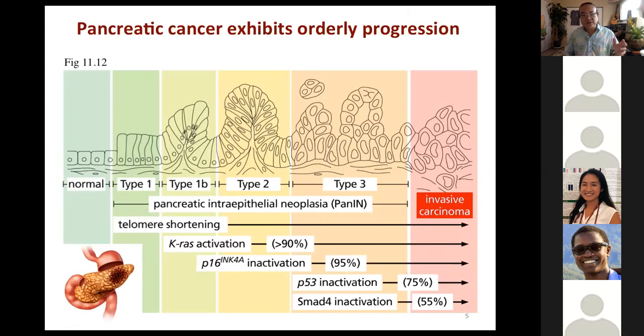So many cancers have many different pathways they could take in order to go from normal to full-blown metastatic cancer. There are some exceptions of cancers that actually exhibit much more orderly, predictable progression. So pancreatic cancer is a good example of that. This figure here takes us through the abundant or most common mutations that happen in sequence, going from normal pancreatic tissue to invasive pancreatic carcinoma.